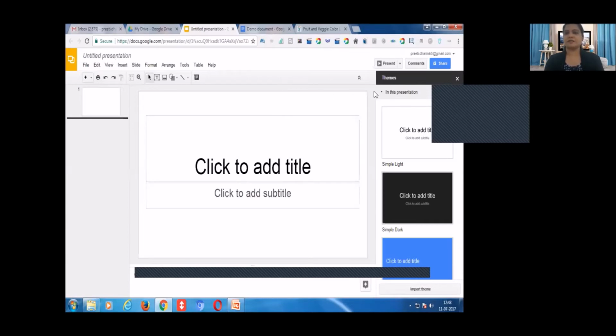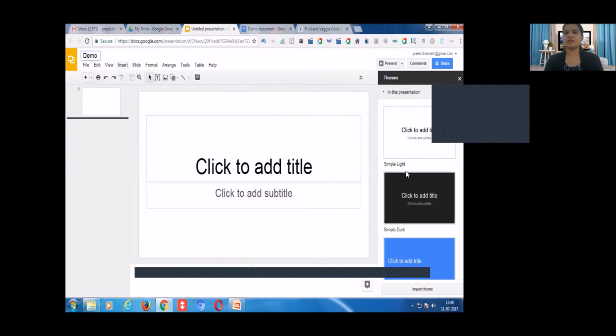And in this interface, see, there are some beautiful things which are not available in Microsoft PowerPoint. In Microsoft PowerPoint, there are some professional themes available. So you can take any of the themes from this page. So just now I have written demo presentation here.